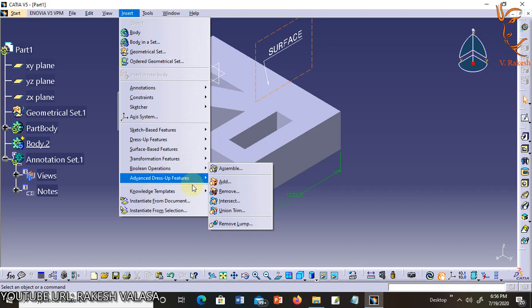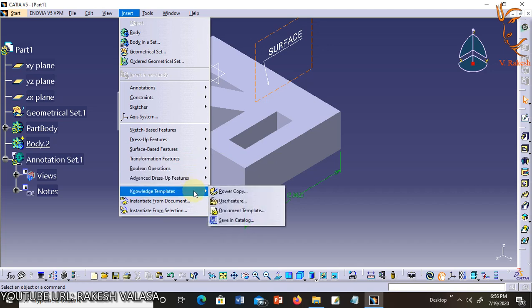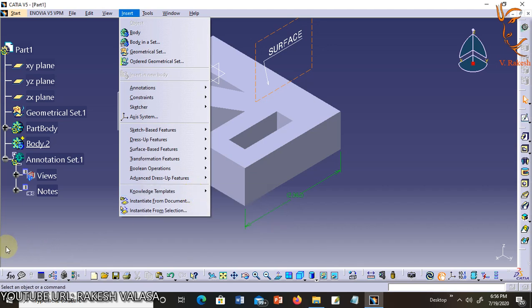Next option is knowledge templates. This toolbar is a duplicate of the product knowledge template toolbar located in the bottom toolbar. Next one is instantiate from document.